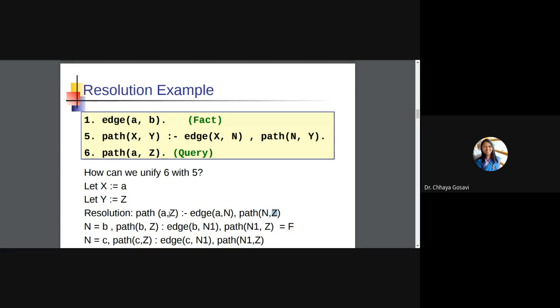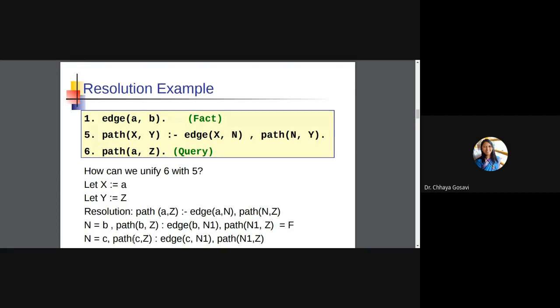So first take the value of Z as, say, B. So we have a path from B to Z. There is an edge from A to B, so take the value of n as B. Is there a path from B to Z? So yes, B to B. There is a path from B to B, so it will be true.